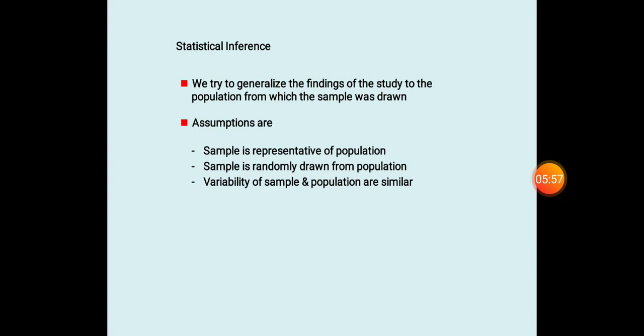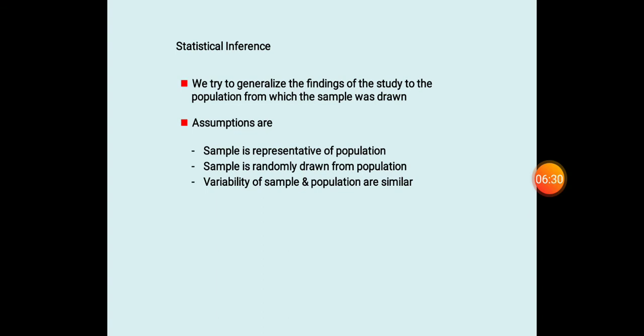And what is the process we are doing in statistical inference is this. We are trying to generalize the findings of the study to the population from which the sample has been drawn. And there are some assumptions, of course, regarding that sample. That is why in sampling technique also we mentioned that the samples we select should always be scientifically selected. If it is not scientifically selected, what will happen? That estimation, that generalization would not happen from sample to population.